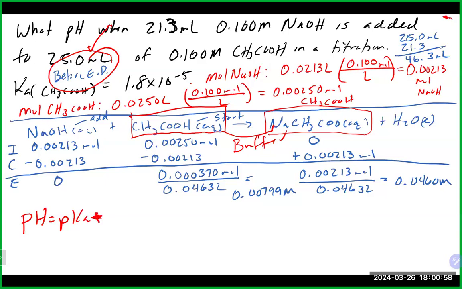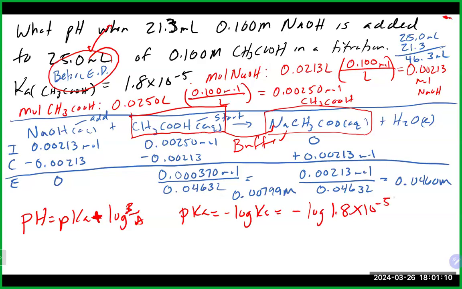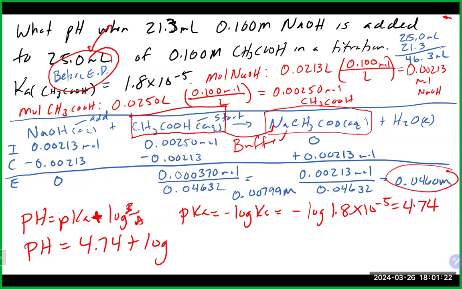Plus, I'll make that a big plus sign, log of the base over the acid. The pKa value in this case, minus the log of the Ka, which would be minus the log of 1.8 times 10 to the minus 5, gives us 4.74. That means that my pH here will be 4.74 plus the log. Again, this is our base, which would be